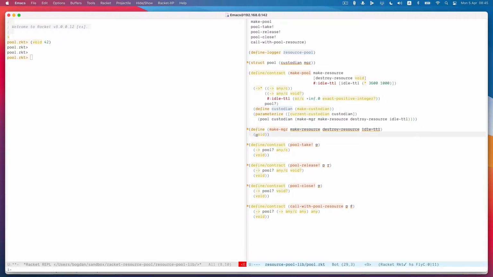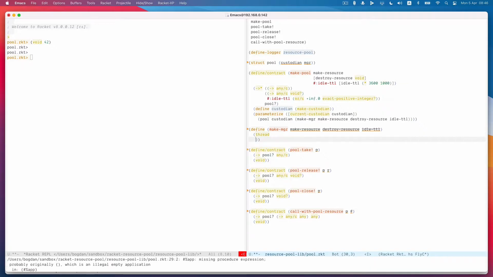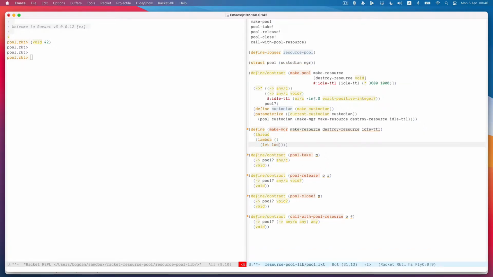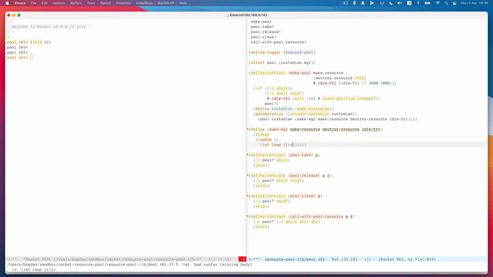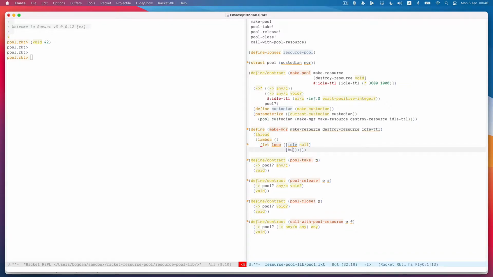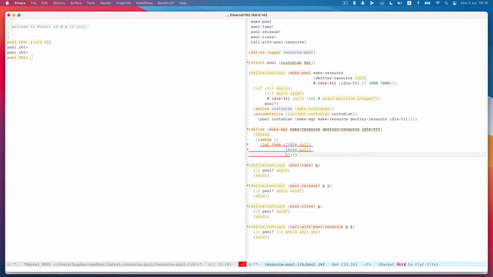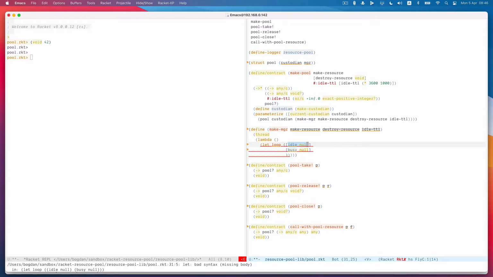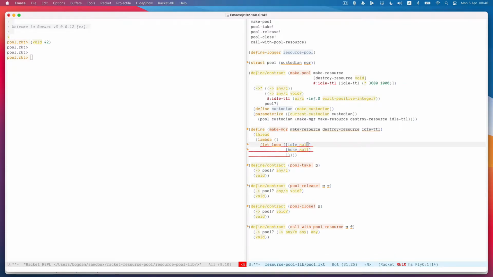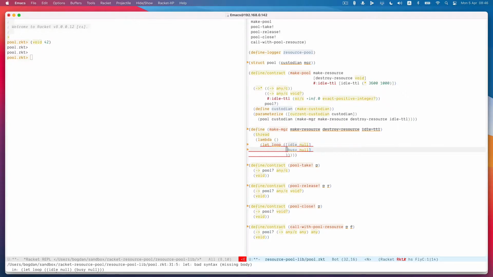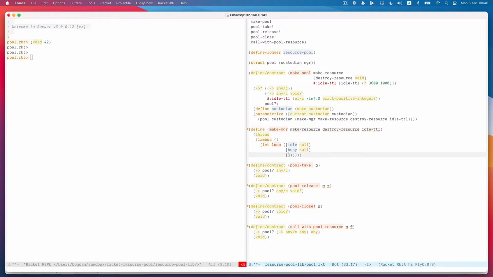And then the way our manager is going to work is it's going to spawn a background thread that's going to keep looping continuously. And it's going to keep a couple of lists of resources. So one is going to be the idle list. The second is going to be the busy list. The first one is a list of allocated resources that aren't in use. The second one is allocated resources which have been given out, so they've been taken by somebody but haven't been released yet. We're going to have a list of waiters,